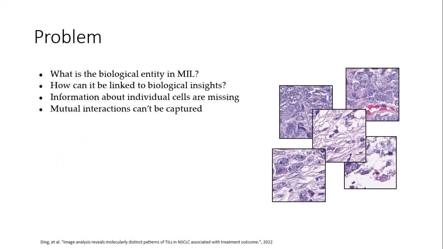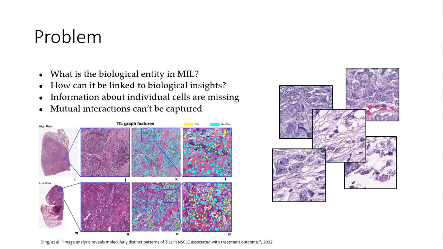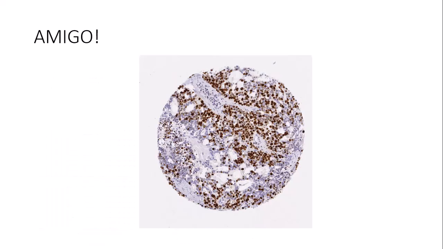But the main issue with the MIL approaches is that they are mainly focused on patches, which means they lose information about the individual cells, like cell location, cell type, and more importantly, the mutual information and interactions that exist between the cells. On the other hand, many studies have shown that these types of information and mutual interactions can be quite important for downstream tasks, especially tasks like survival, where we need access to detailed information about the context of the tissue. So to address all of these issues, we came up with a model that we call